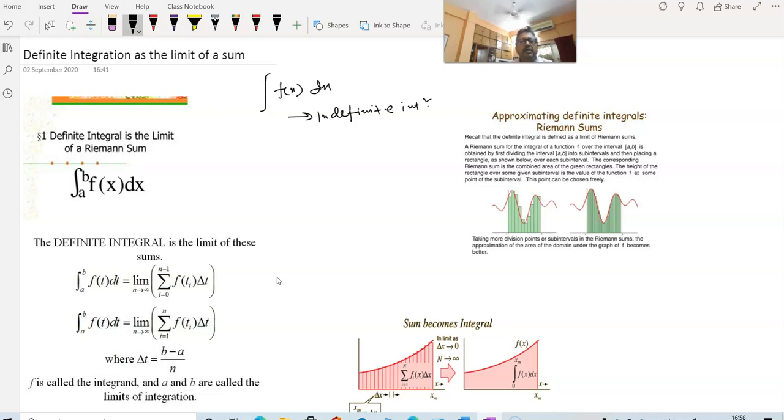Because it will give us the value of the integrand, which is again a function of x plus a constant. But if we integrate within limits,